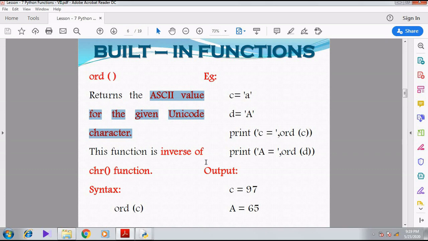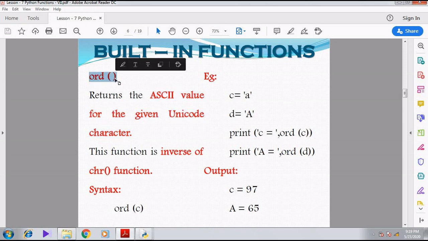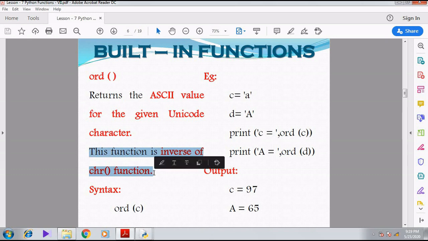Each and every character has an ASCII value. Whenever we give a character, the ORD function returns the exact ASCII value of the given character. Another point: this function is the inverse of the CHR function, that is the character function.